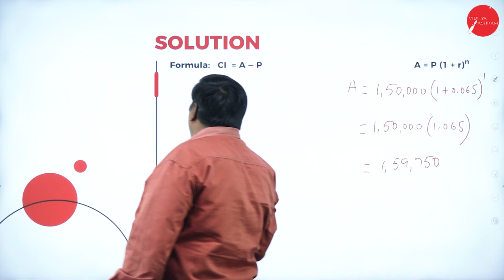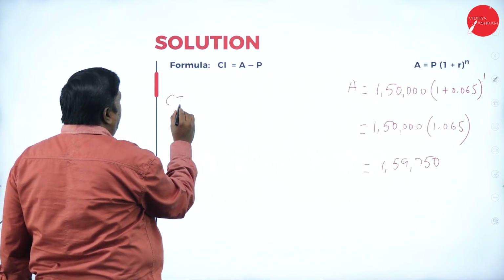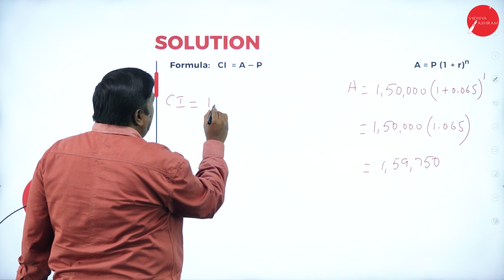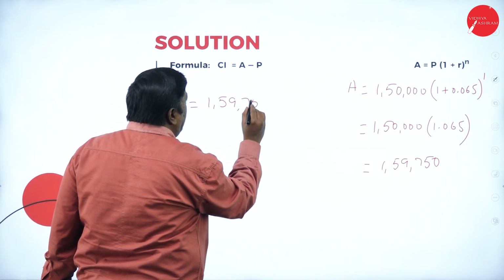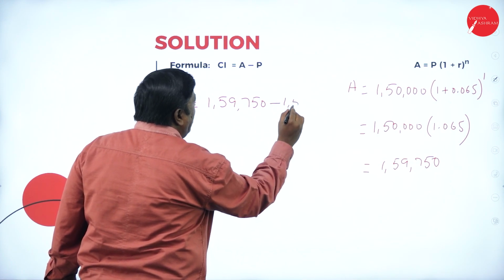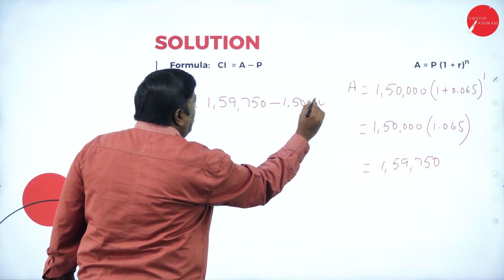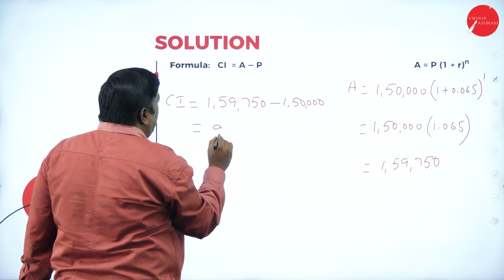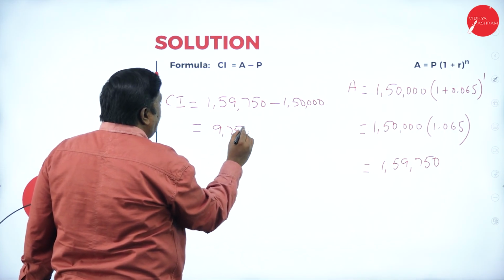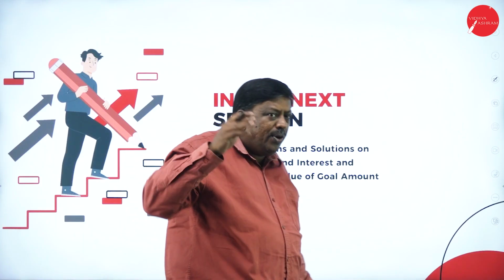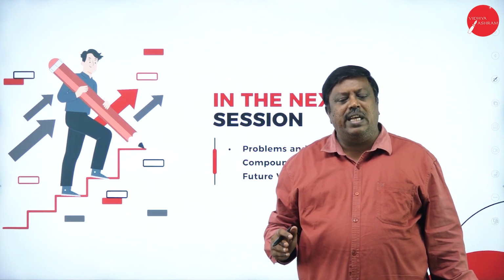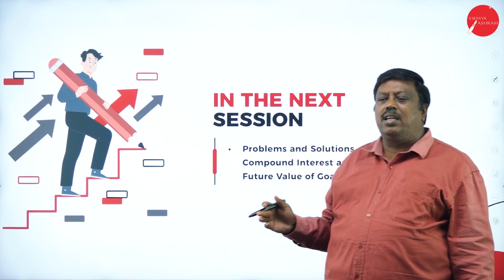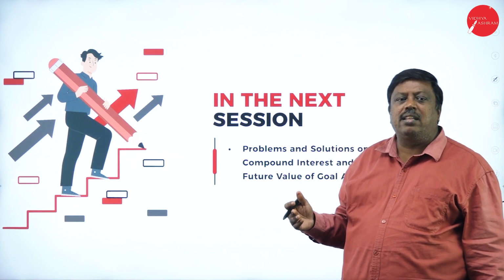So now my compound interest will be 1,59,750 minus 1,50,000. The interest will be 9,750. In today's session, we learned about calculation of compound interest, which is compulsory to learn and understand,